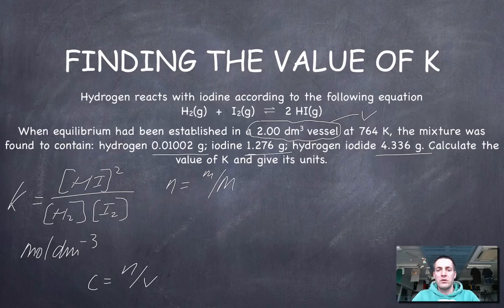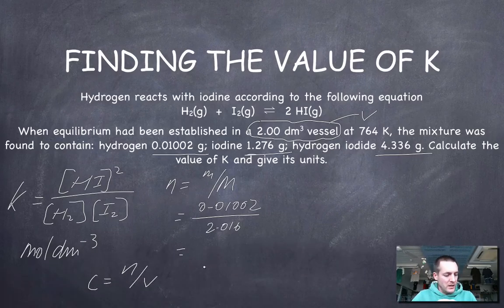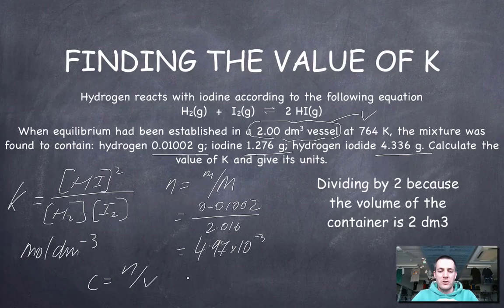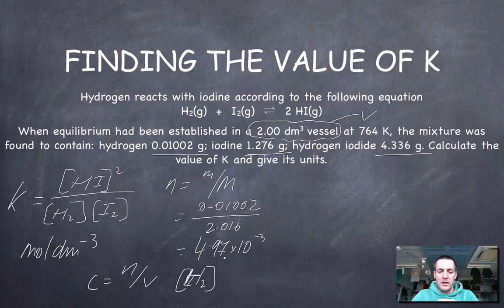Okay, so let's just do that for one of these. I could do it for all of them, but let's find the number of moles of hydrogen. So that's 0.01002 divided by 2.016 for the molar mass, because it's H2. Okay, and that gives me a value of about 4.97 times 10 to the minus 3. And if I divide that by 2, then the concentration of H2, oops, I've written I2 there, the concentration of H2 is that over 2, and that is 2.485 times 10 to the minus 3,